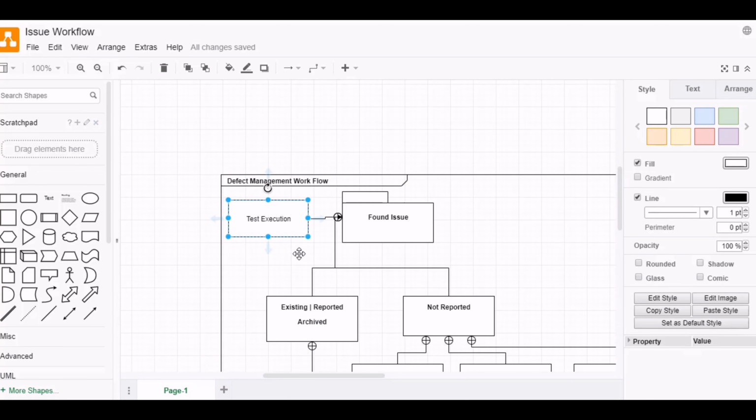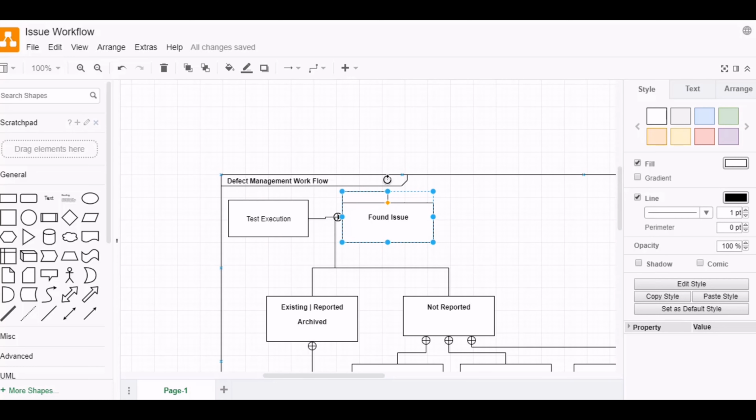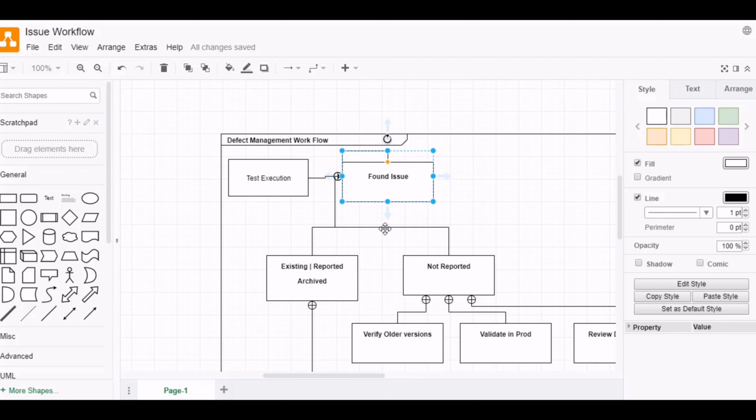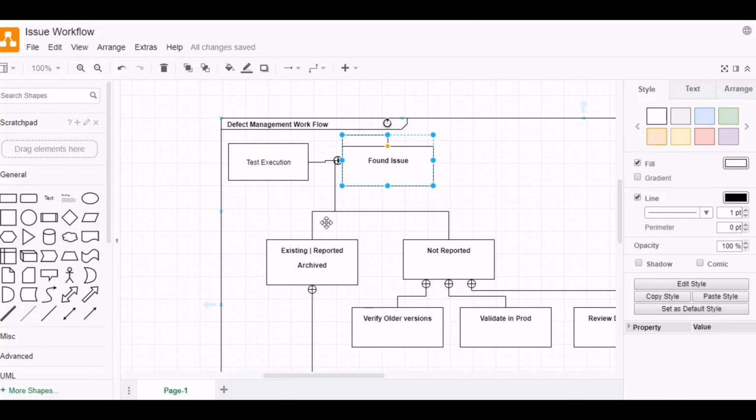So nandito tayo ngayon sa test execution. And then as a tester, you found a bug, which is ito nga, may variance or discrepancy sa total amount. So anong gagawin natin ngayon? So next step, after documenting the issue, ang sabi sa flow, first step, existing na ba itong issue na to? Or reported na ba sa mga past iteration? Existing meaning,